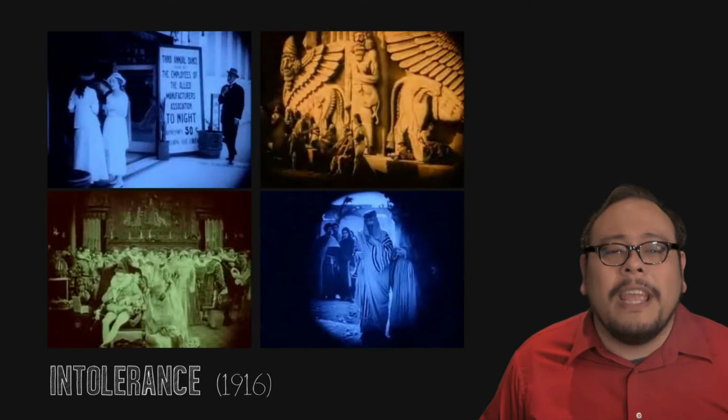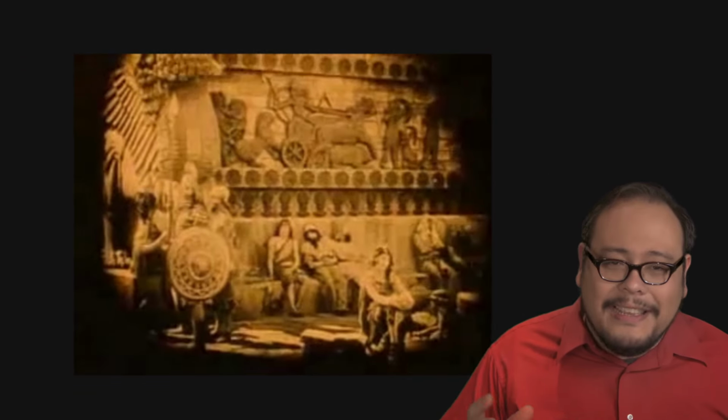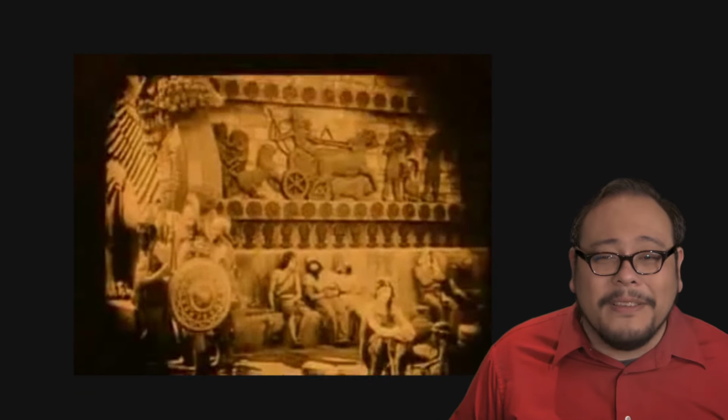Intercutting 4 separate narratives, Intolerance cost nearly $2.5 million to produce, sinking most of the profits from Birth of a Nation, which only cost $115,000. The first cut ran 8 hours before Griffith came to his senses and trimmed it down to a tidy 3.5 hours. But that wasn't enough. Intolerance bombed at the box office. Though Griffith would still go on to direct 26 more features, he would die still paying off the debt on